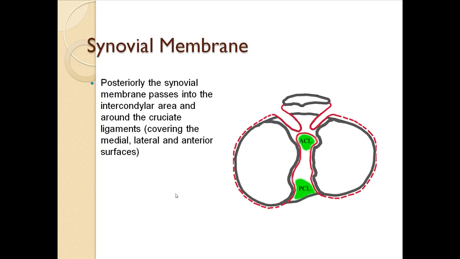So here we've got a superior view of the tibia and the patella anteriorly. We can see the patella here, so the synovial membrane will be attaching to the edges of the hyaline cartilage of the patella. It creates the alar fold here. The synovial membrane then carries on round, attaching to the margins of the hyaline cartilage on the tibia, all the way around posteriorly. At this point, the capsule goes straight across the back, so we've got a sleeve passing from femur down to tibia, but the synovial membrane leaves the capsule and follows the margins of the hyaline cartilage on the tibia all the way up to the front, almost touching again with the alar fold,